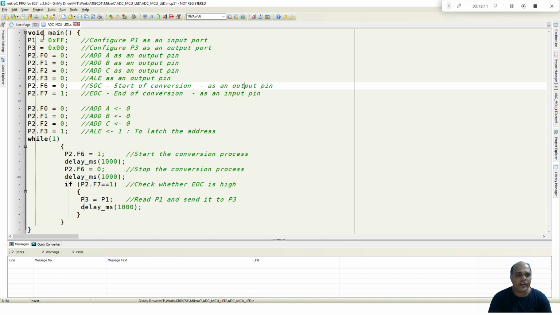So here we take a main program. First thing is we need to configure our ports as an input port and an output port. So port 1 we are going to use as an input port. How to declare it as an input port? We have to set a value of 1 to the port pins. Since all the 8 port pins we are going to use as input, we specify port 1 as